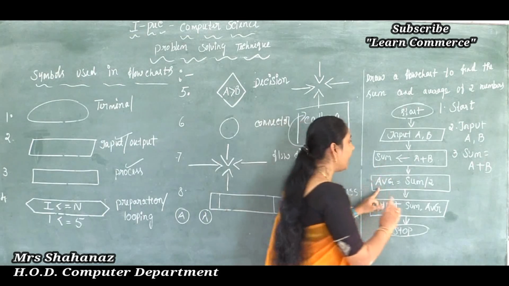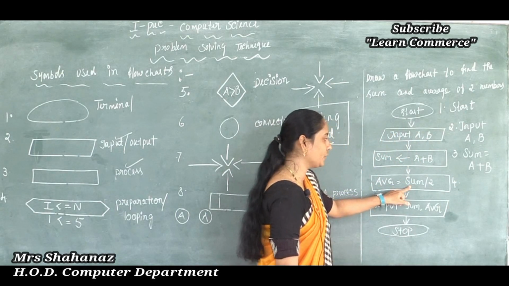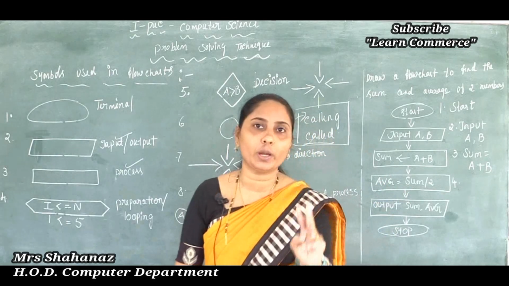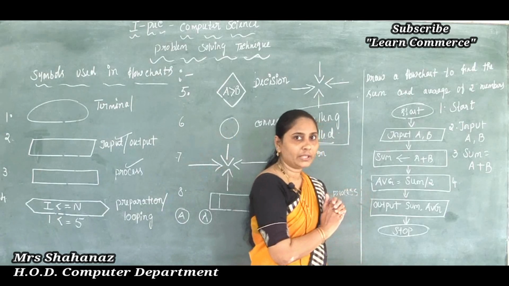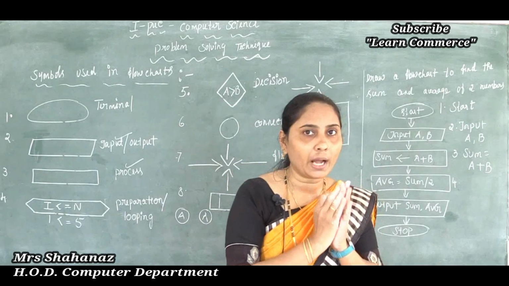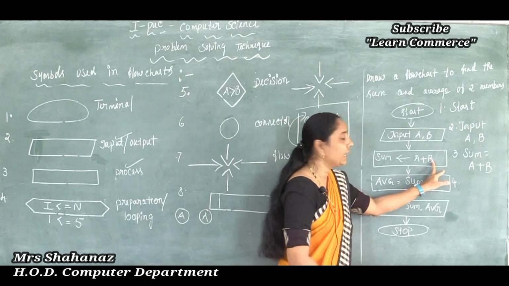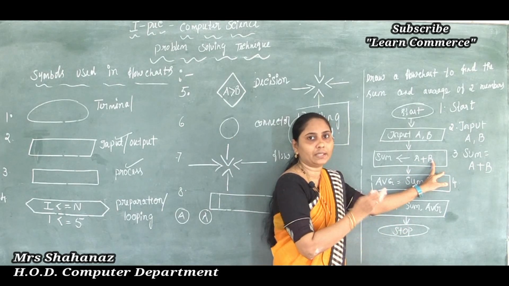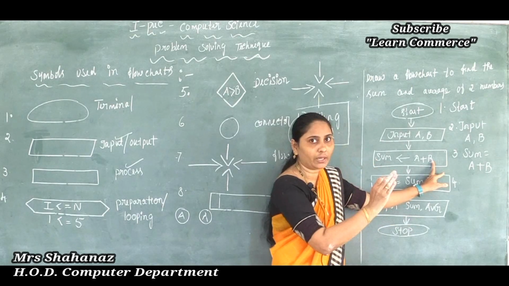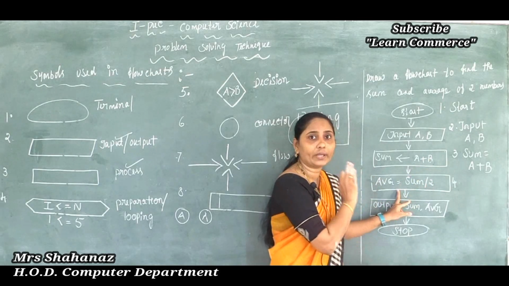Clear this point? Okay. Now after the calculation of sum, I am going to make the calculation of the average. So how to get the average here? Two numbers are there. We know that we get the average by using sum by 2. Whatever answer we got in sum, we divide it by 2. That means if there are 3 variables it is going to divide by 3, if 4 variables it is going to divide by 4 here. So depending on the number of variables we can divide the value here to get the average.